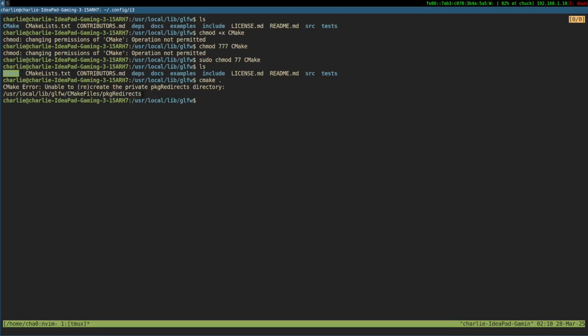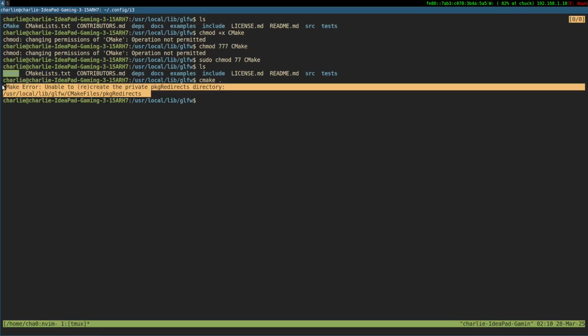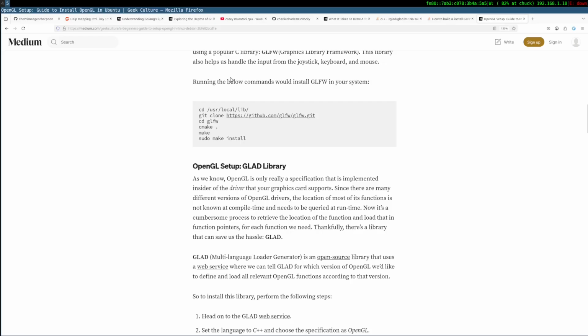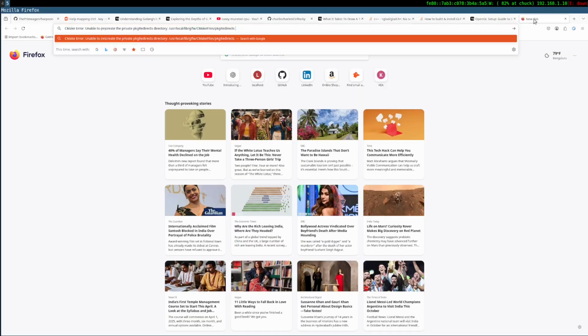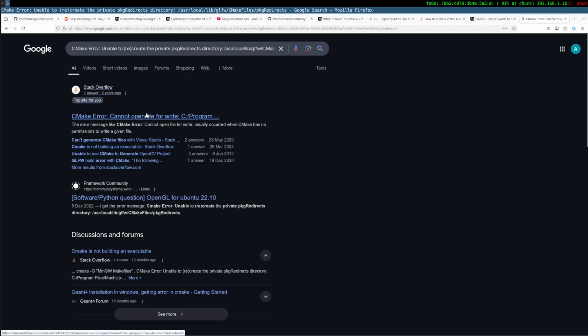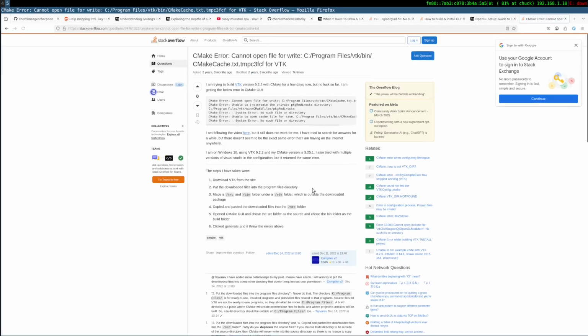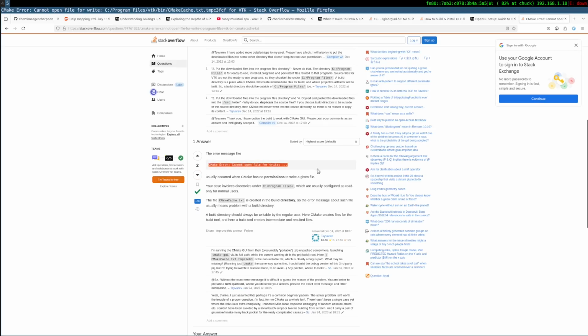Okay, let's see what the problem is. Let's go Google the problem. Okay, cannot open file for writing occurs when cmake has no permission to write a given file. The case involves directories which are usually configured as read-only, and the file CMakeCache.txt is created in the build directory.